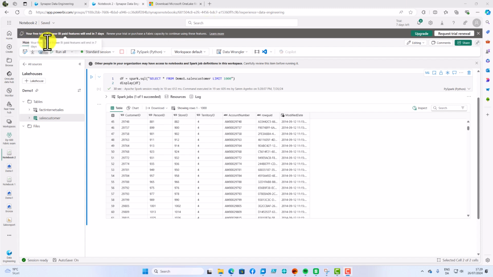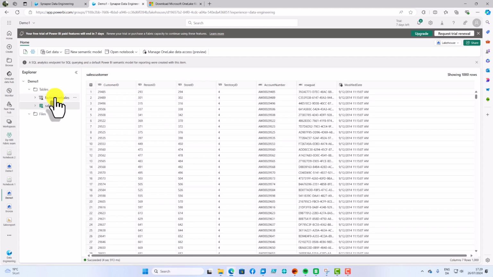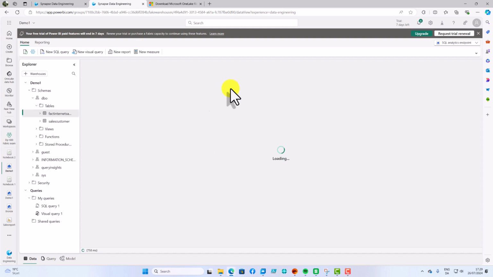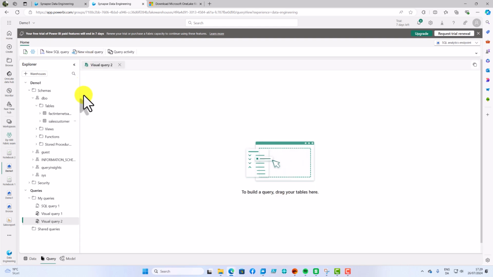On the other hand, if I am a SQL guy, then I could still go into my lakehouse. Lakehouses are so important. We'll talk about that in the next post, but I have my data here. So if I'm a SQL guy, then I go to my SQL analytical endpoint, and then I can make SQL statements, I can use Visual Query. If I don't know how to write SQL statements, I can use Visual Query.